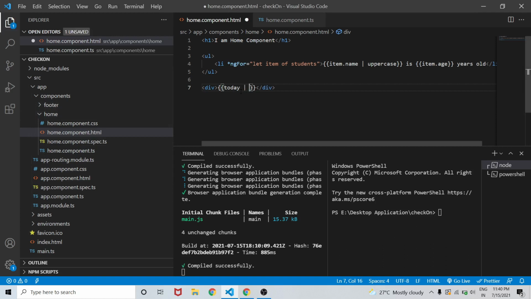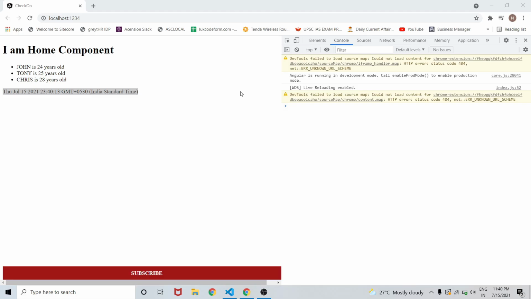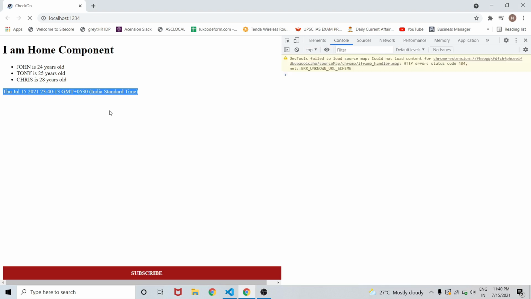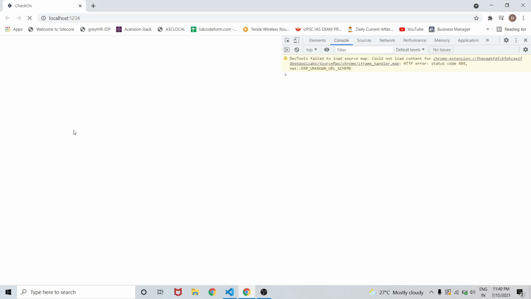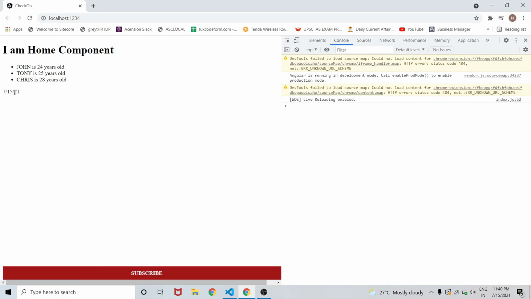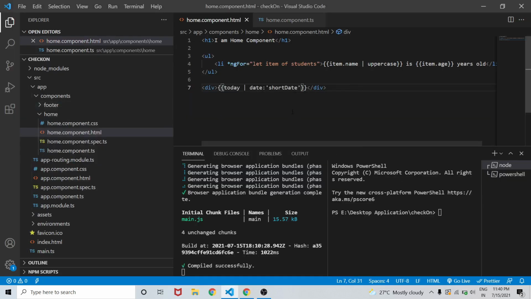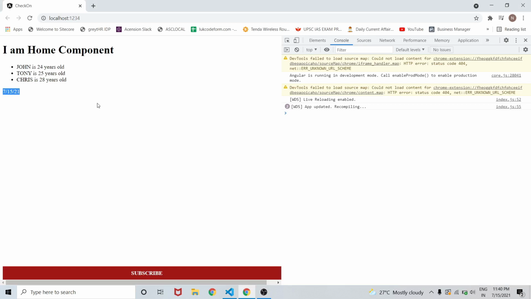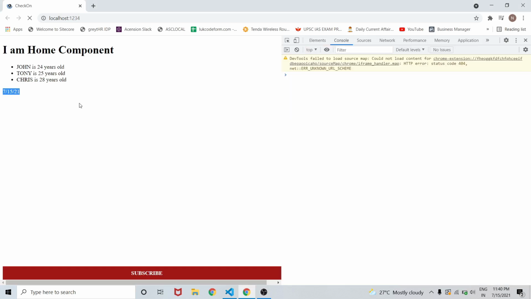So we will use the date pipe which is provided by Angular, and we have different types of formats. If I write shortDate, on saving the changes we can see it's a short date that is numeric only, right? So let's try to change it to mediumDate. On the Angular official documentation you can see all the date formats that you can use.